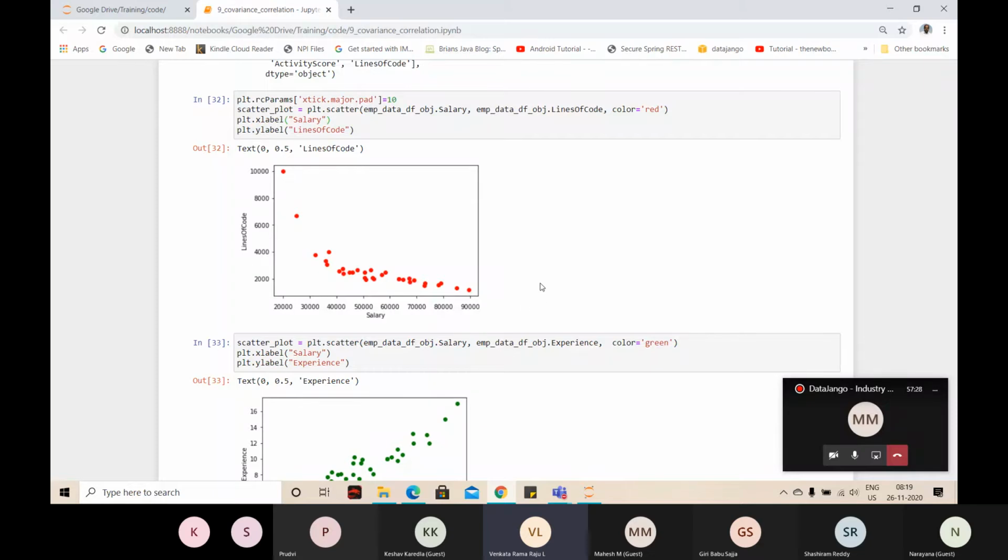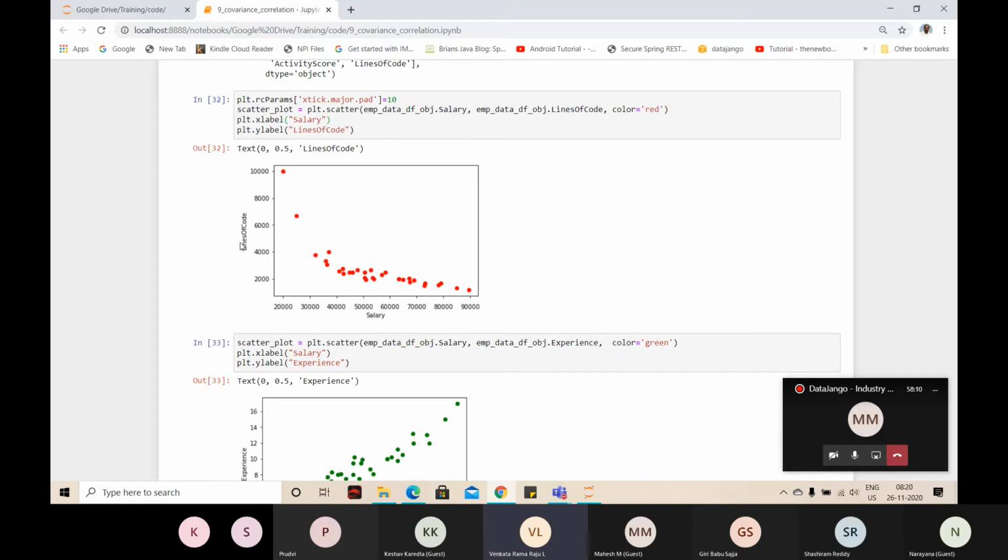Sometimes maybe people like me, even with higher experience, they do more coding. They'll have more lines of code. Then that record becomes an outlier because of the lines of code. Other people with high salaries may not be doing much coding. Maybe one or two people who are still into coding and who have lots of experience and salary, their dots will come somewhere here. So they look like outliers, but they are not. And when you have outliers in the data, the model may not work perfectly. We'll talk about this in future. Maybe you need to eliminate those records or eliminate this particular feature because it is not confounding.